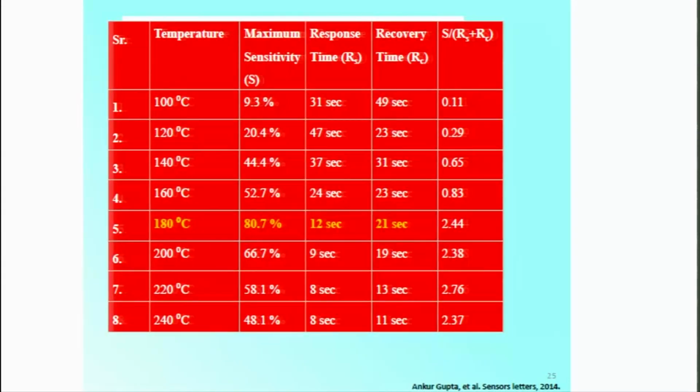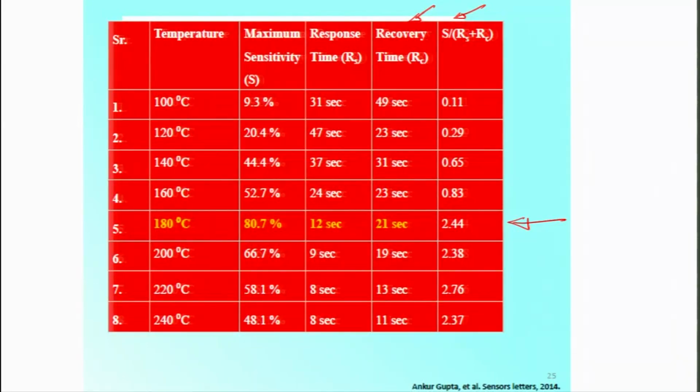These are some plots which are being plotted with the aspect of maximum sensitivity recorded, as well as the response and the recovery times. Recovery basically means the time that is needed for the baselining effect to happen, for the resistance to come back to normal resistance. And so, as a percentage of sensitivity per unit, the recovery and response time, we find that the best example can be set up through this